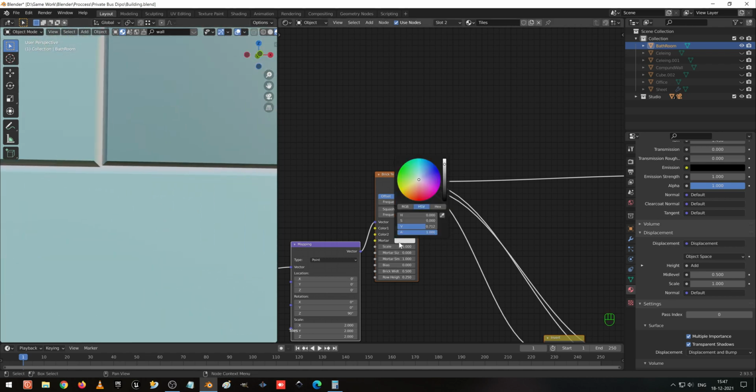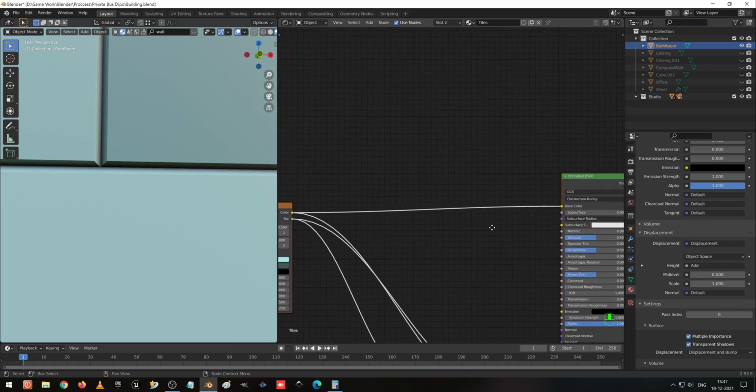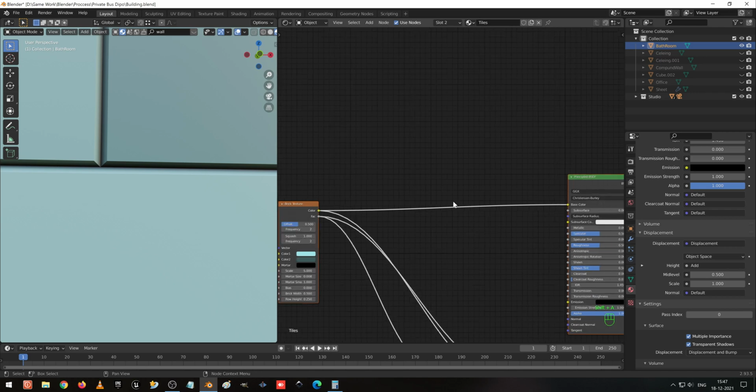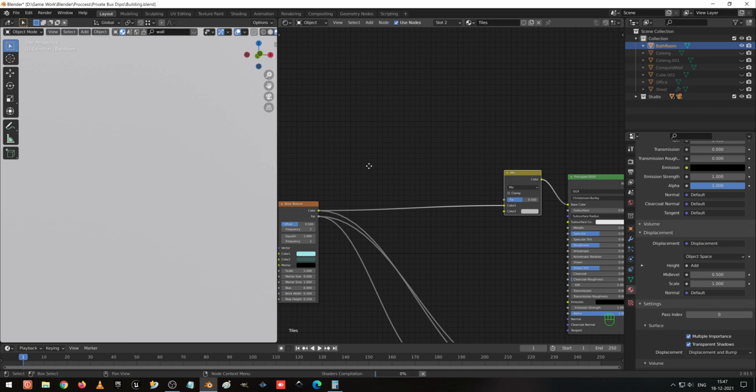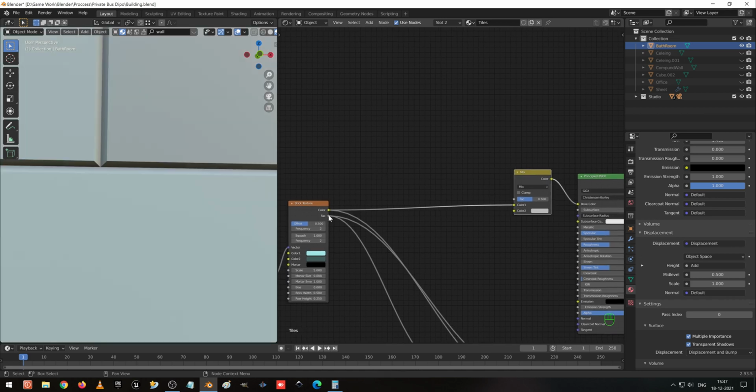So what I am going to do is keep this as black. Now I am going to add a mix shader again, a mix RGB shader. I am going to connect it to this, and the color let it be the same. I am going to give the factor to make this better.